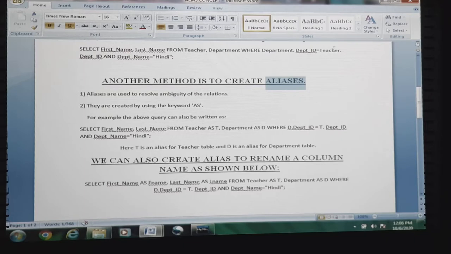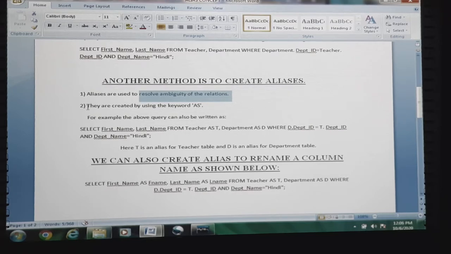That can be achieved by means of an alias. An alias is also used to resolve ambiguity of relations. Whenever there is a need to resolve the ambiguity between relations while performing the join operation, it can also be achieved by means of an alias. So remember, first is the concept of relation name and dot, and second is using the concept of alias.